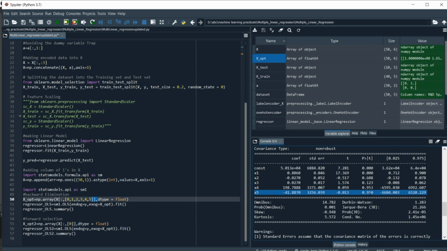P greater than modulo of t denotes the difference between the values: if the value is high, the relation between them is weaker, and if the value is low, the relation is higher. So as you can see, 0.99 is quite high, which means there is very little relation between this independent variable and our dependent variable. So we are not going to use this in our model, and we are going to remove the fifth column.